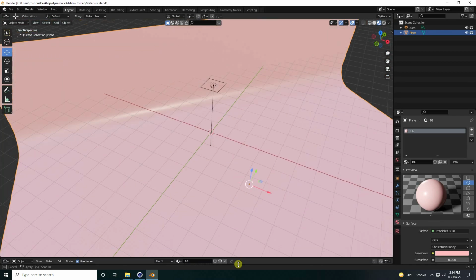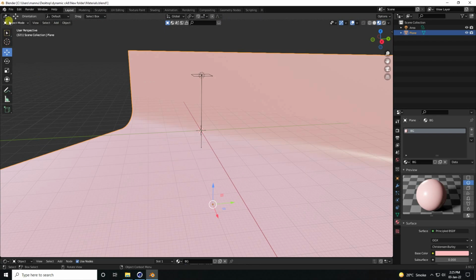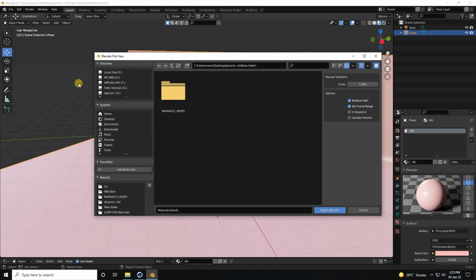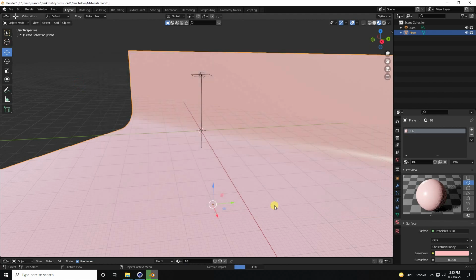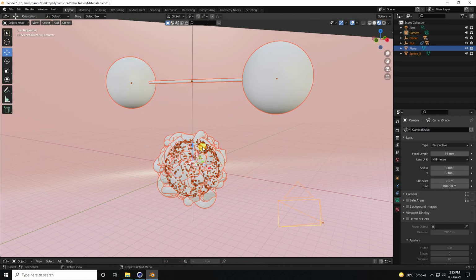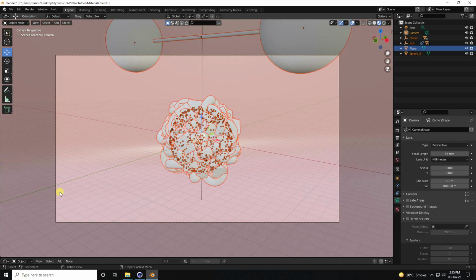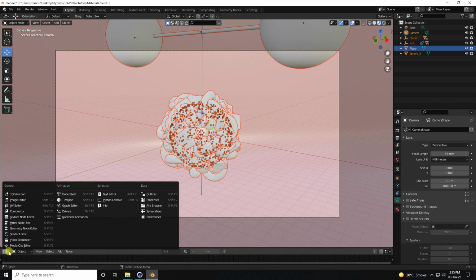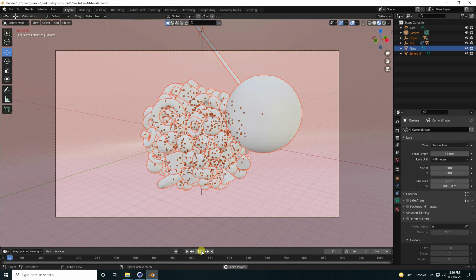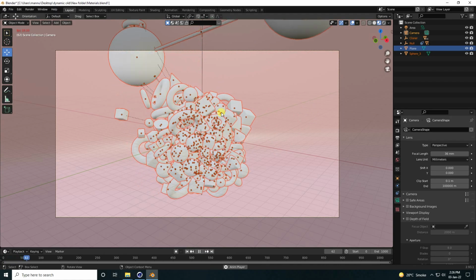Okay. So guys, now go on here, file, and import your ABC format file. Select, go to desktop and try here and import file. See guys, that's my Cinema 4D file, right? So press 0 for camera, and guys, I change this one, go to timeline here, yeah, and go back and play. Yeah, see guys, that's my dynamic animation, right?